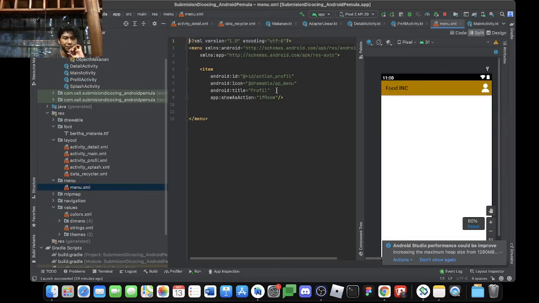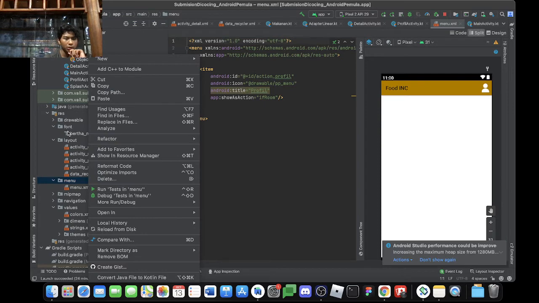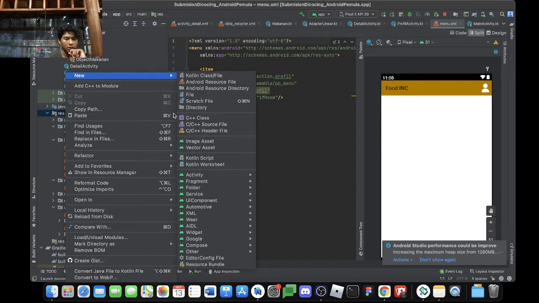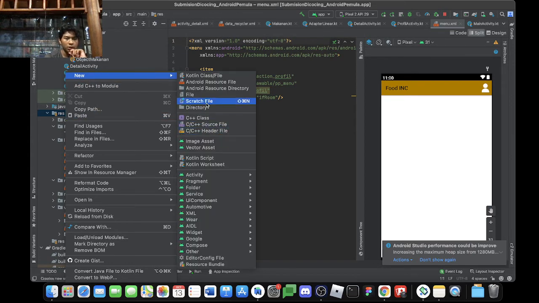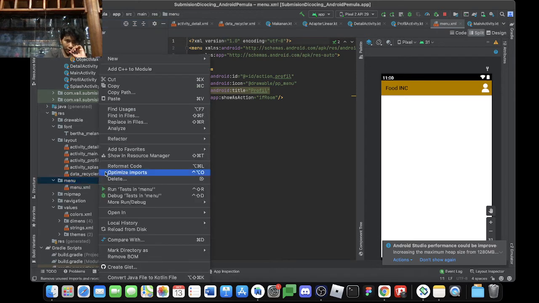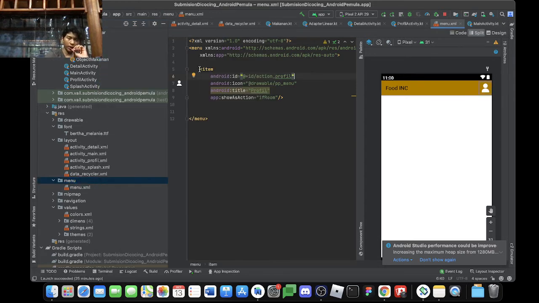Okay, here, menu add. So you make, what is it called, wait, a directory. Make a directory, just right click, new directory, for menu, and then right click, new menu resource file, and then add an item.